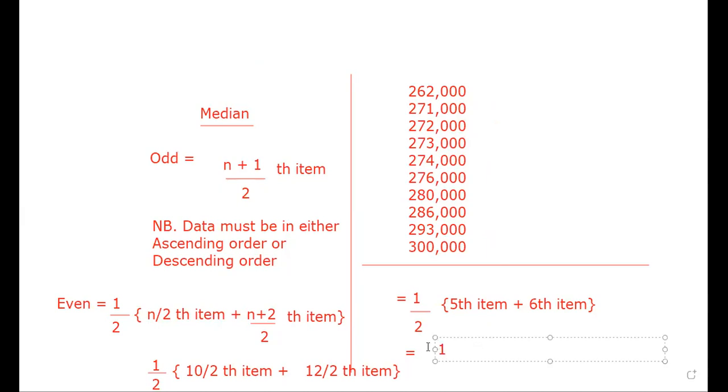So I'll have my half first. So my half into the 5th item, which is 274,000, plus the 6th item. The 6th item here is 276,000. And then you close that bracket. So that should give you